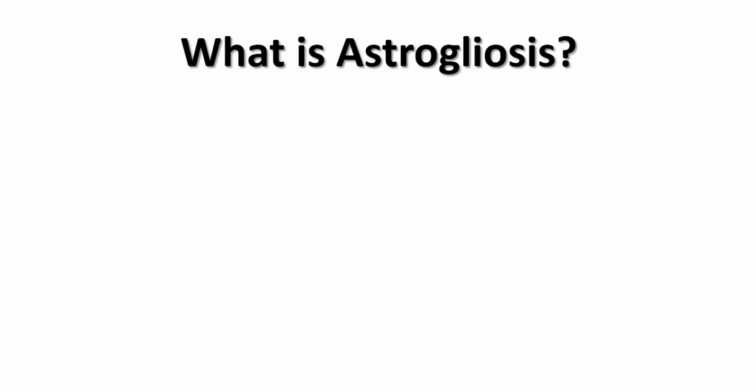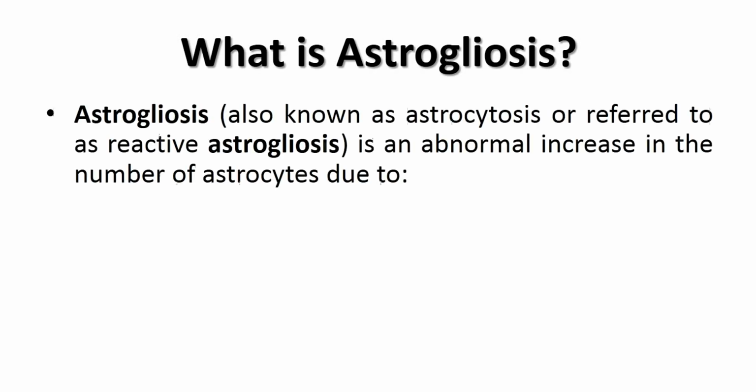It is always said in neurology that for every single neuron there are 10 raised to 10 extraneuronal cells. So, when I talk about astrogliosis, essentially we refer to astroglial cells or astrocytes. Astrogliosis is also known as astrocytosis, or it is also referred to as reactive astrogliosis. All these terms you will see in research papers.